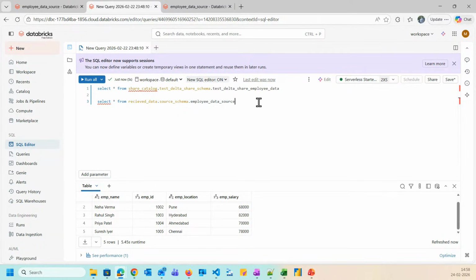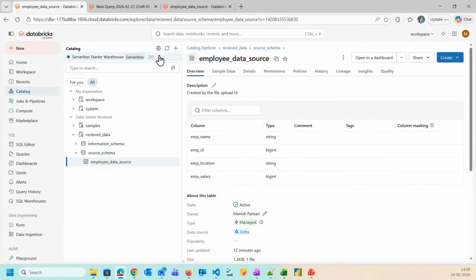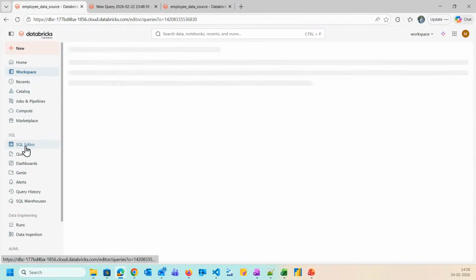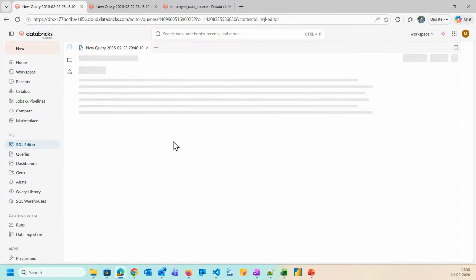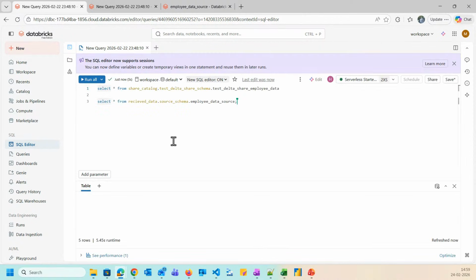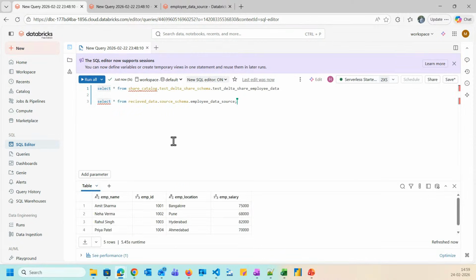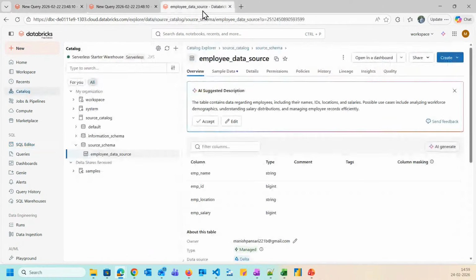Now I'm going to add one record in our source. Right now in both workspaces, we have five records. I just want to give you a demo of how the real-time sharing works. I'm going to add one record here, and this record will be reflected instantly on our recipient side.